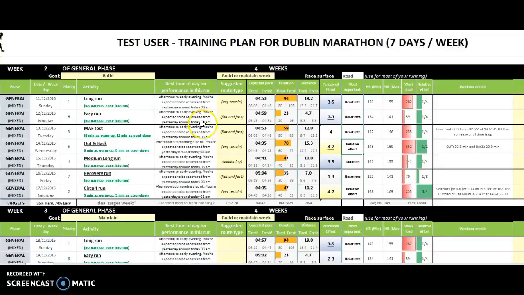And that's why we have a field here called most important. So that tells you at this type of training, in this training phase, this training